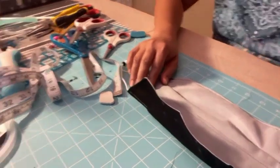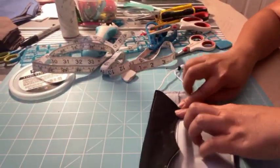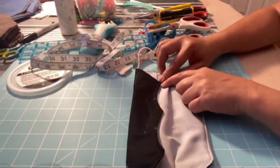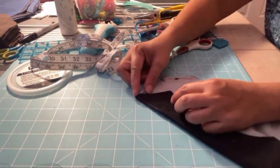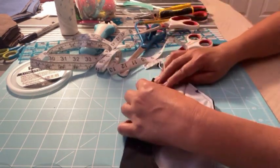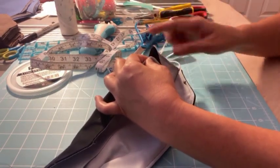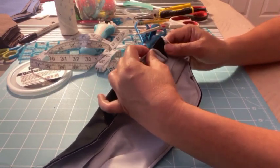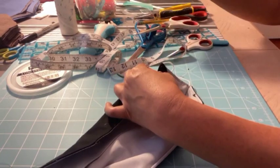Fold this mask over, and where the pointy part is, you want to fold it. So this has to be straight. It has to match this side here. Okay, you don't go this way, don't make it crooked, but it has to be straight like that. And you clip it,